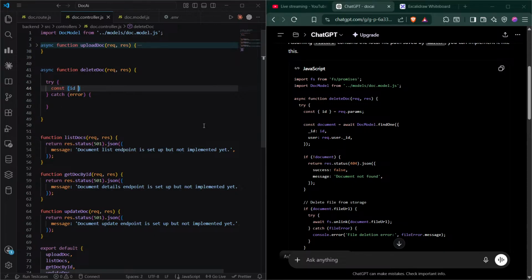So first we need const id from request.params.